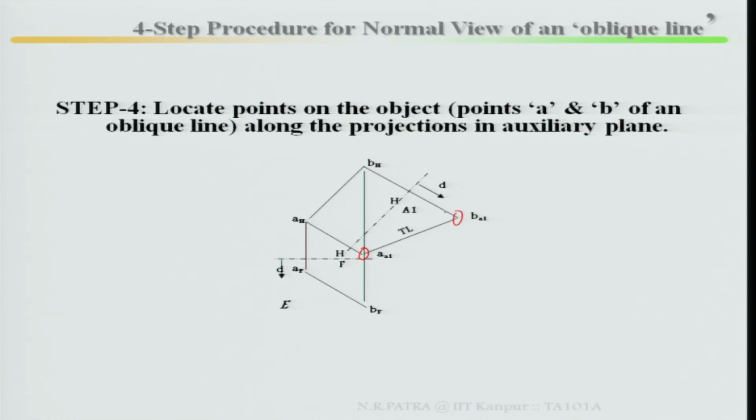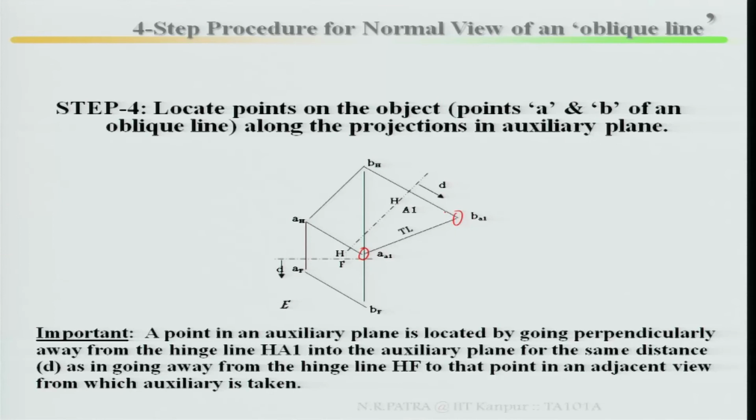How? This is A1. Why is it written A1 and BA1? Because A1 is your auxiliary plane, and in that plane it has been drawn. A point in an auxiliary plane is located by going perpendicularly away from the hinge line HA1, here away from